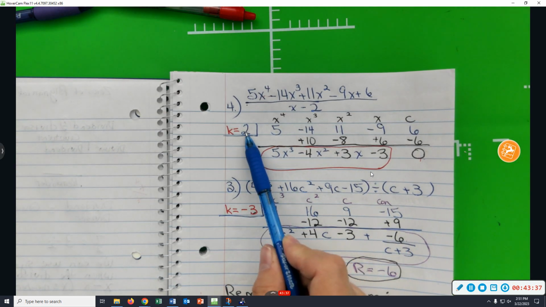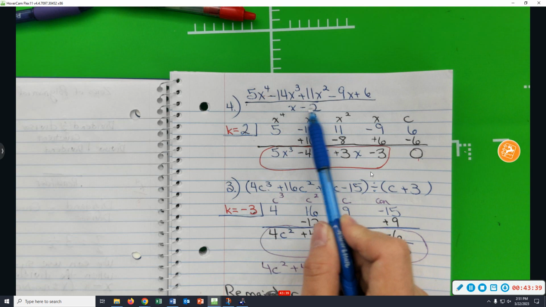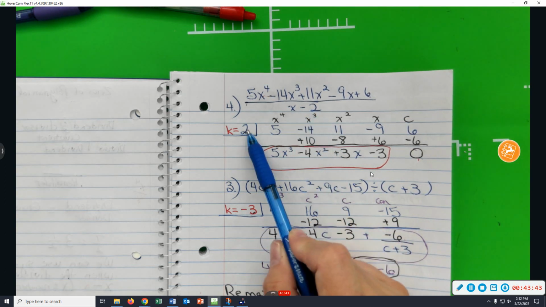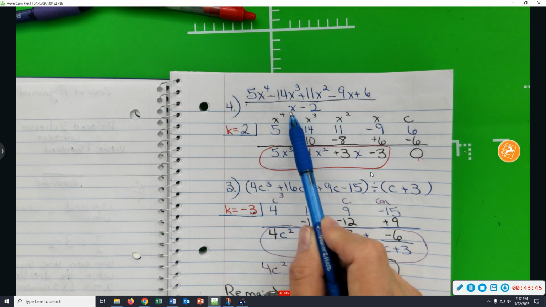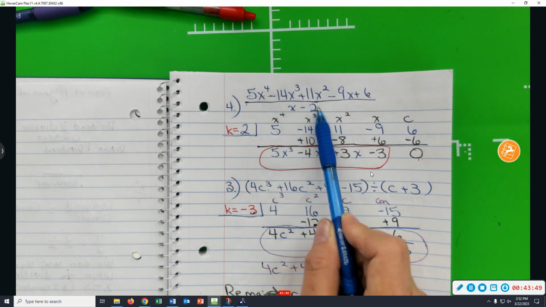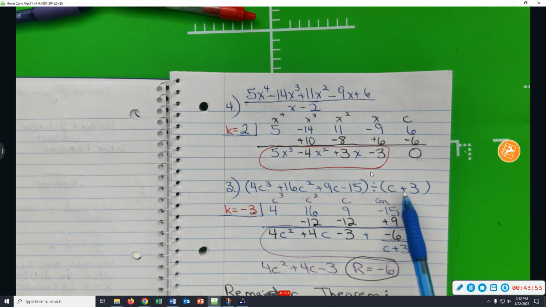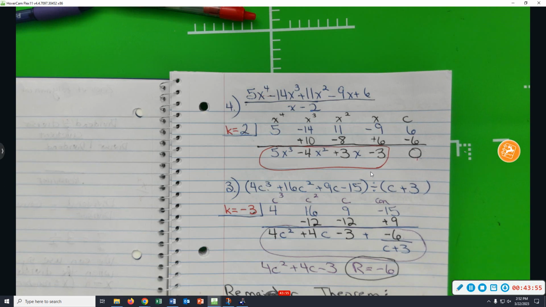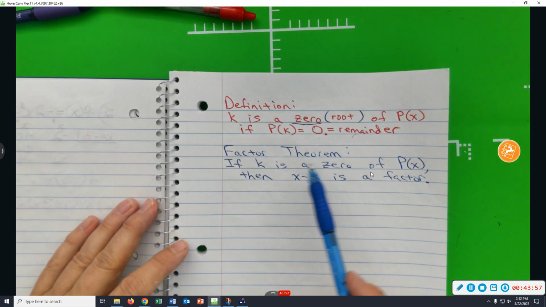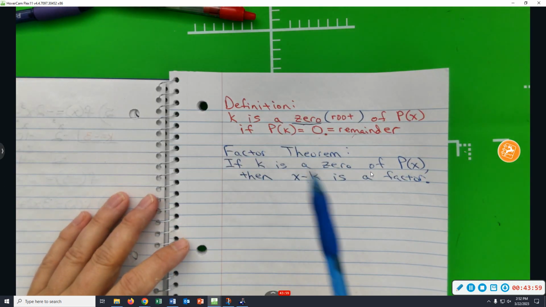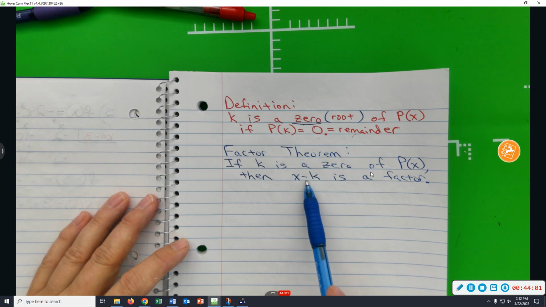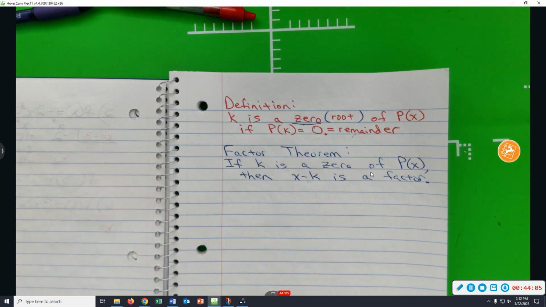The k value is exactly the opposite of what you see in the divisor or the factor. The k value is a positive 2. The factor would be x minus 2. The k value here is a negative 3. The factor has a plus 3. So what the factor theorem is trying to say is whatever the 0 is, the factor is the exact variable and then the opposite of k. And with that in mind,